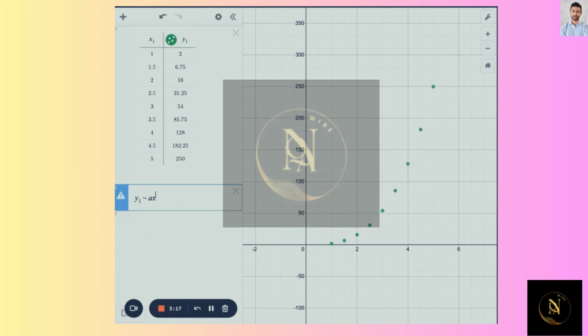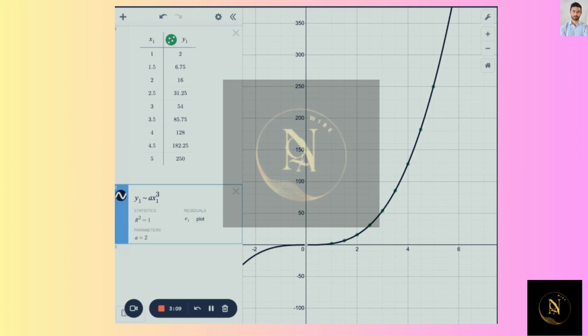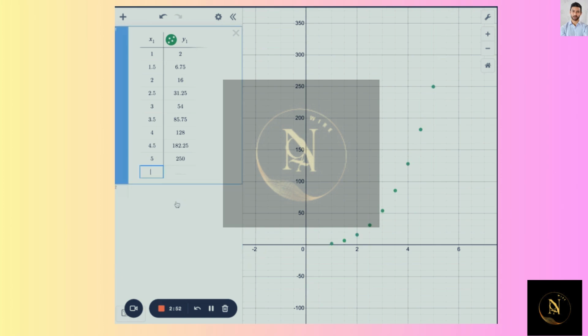So again, volume, it would make sense that it's potentially cubic. So it would be AX1 cubed plus BX1 squared plus CX1 plus D. And we found our perfect model, and it's just 2x cubed. So if we were to graph y equals 2x cubed,